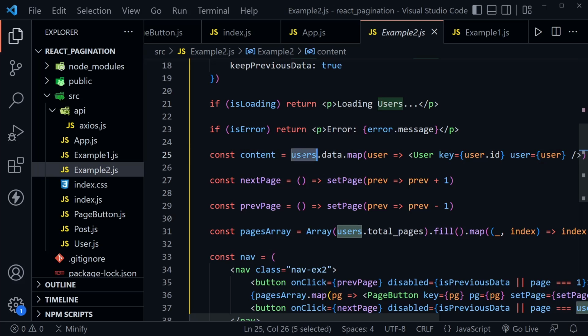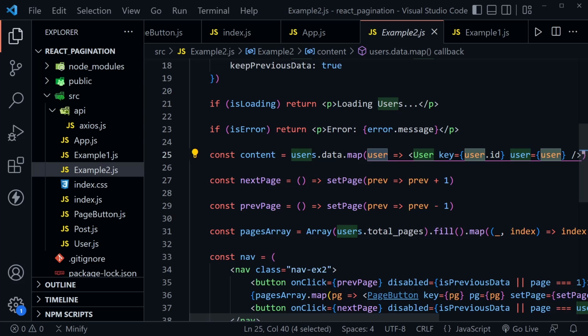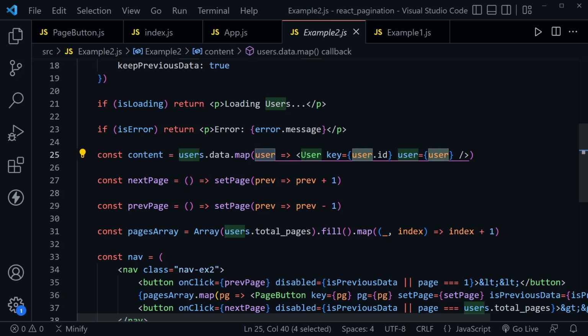Notice now we have our users, and then we have to say data.data before we map over it. And that's because that's where all of the user data was, but we're also getting those other things from users like the total pages, for example. So once we say users.data.map, we can map over each user. And then, of course, we pass in that data. I'll hide the file tree just to see the extra here. Then we pass that data in to the user component. And then we have the key, once again, as the user.id, but then the user component receives the full user